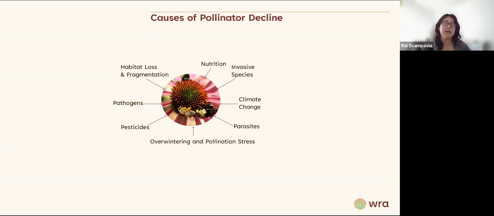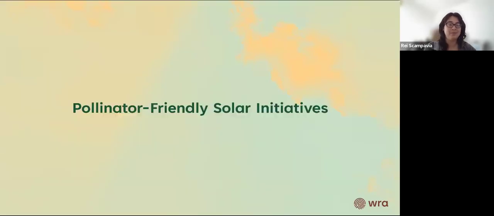There are a lot of potential causes of pollinator decline. There's not really one culprit that we can single out as what is driving these declines. Things like climate change, parasites, nutrition, habitat loss, pesticide use, overwintering stress, and invasive species are all synergistically impacting pollinators and contributing to these observed declines. So that was a little bit of a detour there, or a big bit of a detour, but I